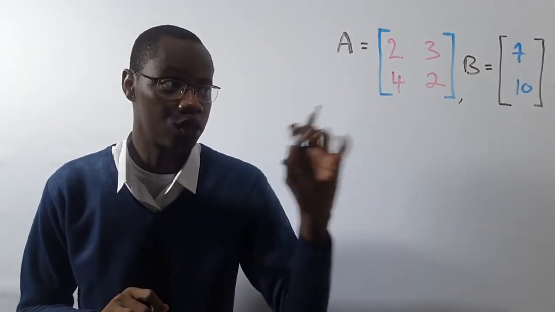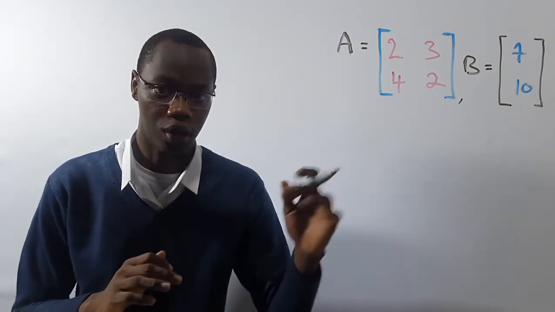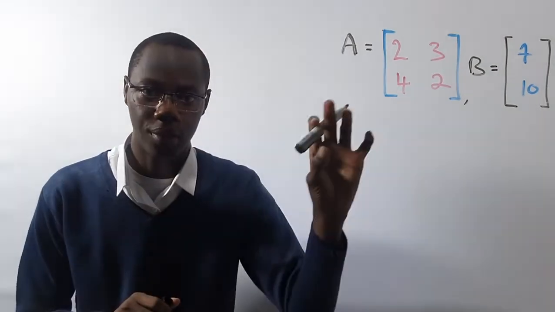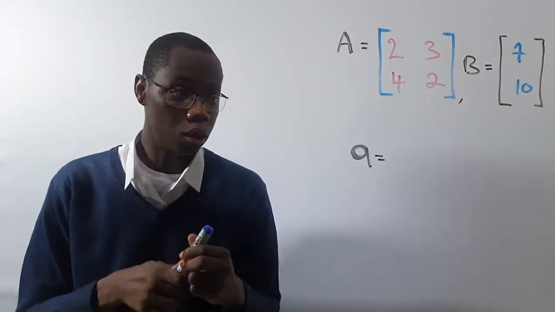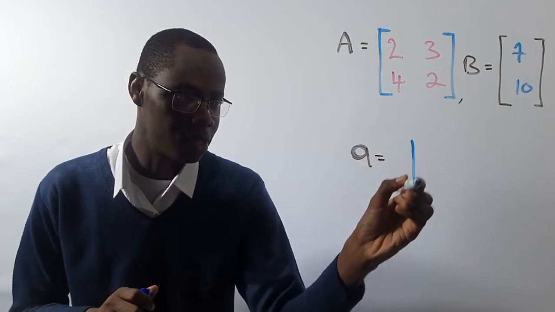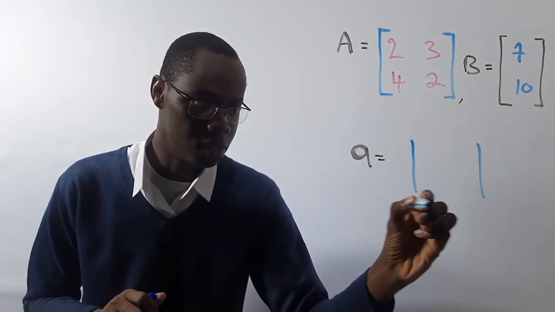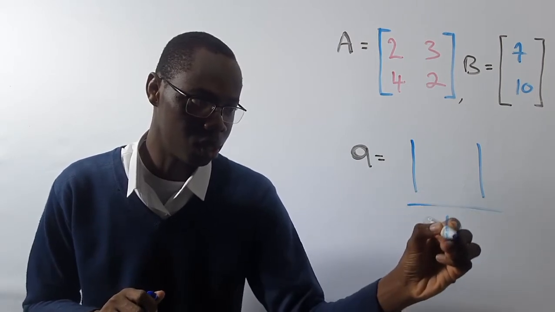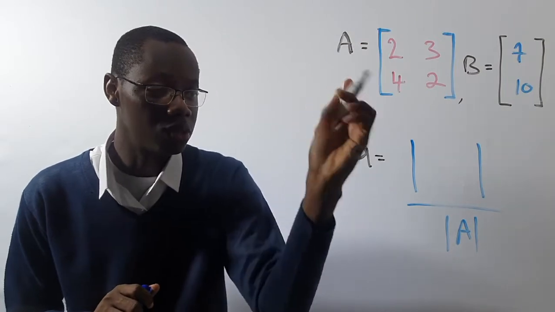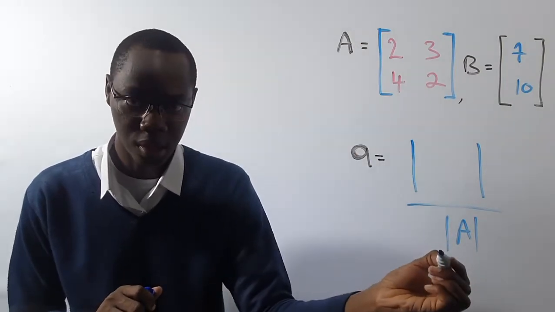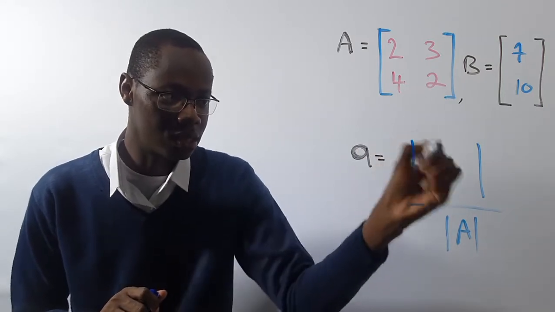Please pay attention to this part, because Cramer's rule is easy, but once you miss the procedure, everything becomes irrelevant. So look at this. In Cramer's rule, a very easy method, to find a variable, all we need to do is find the determinant of a certain matrix, which I'll explain, divided by the determinant of matrix A. So find the determinant of matrix A at the base, and then find the determinant of a certain matrix. So now let's create this matrix.